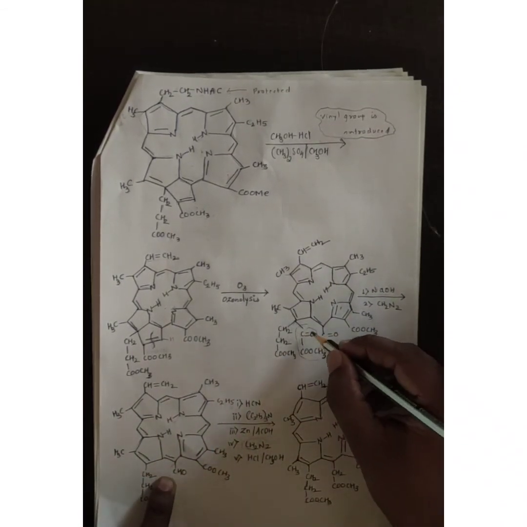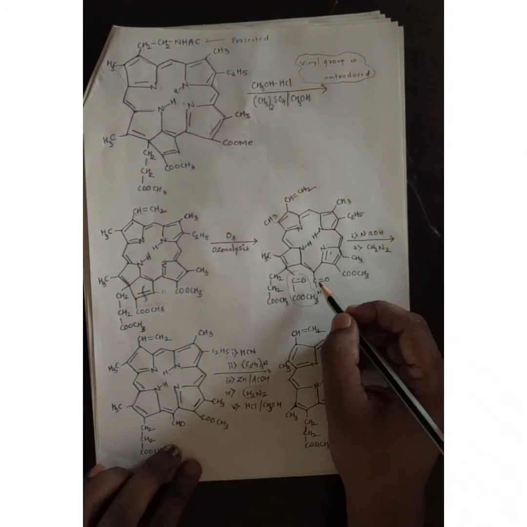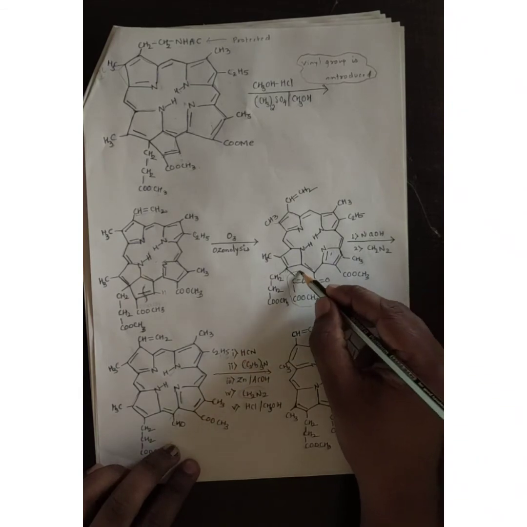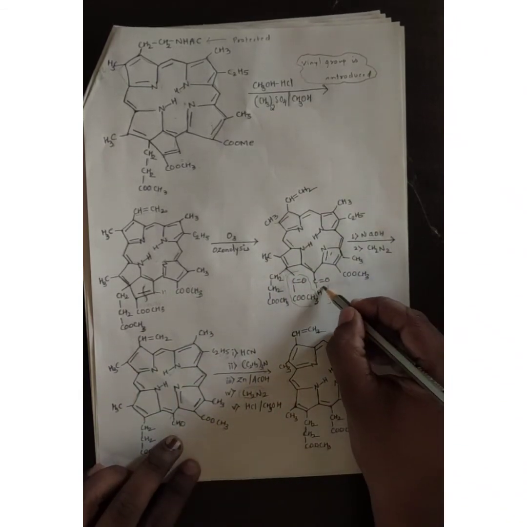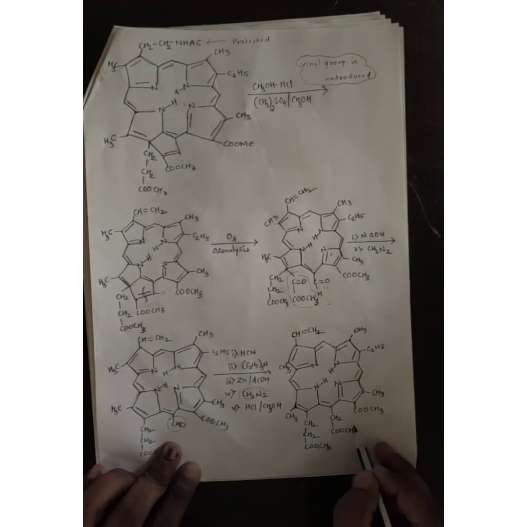Now further, when you treat with NaOH, only one group is removed. This group being unstable is removed from the structure, and other things remain the same. Now further, when we go to the next stage, you need to remember what change is happening in the structure. This is removed in this stage, and now here an aldehyde group is there. Now when I come from this stage to this stage, I have introduced a methyl group by treating with diazomethane, a methyl group and a COCH3 group. So this aldehyde group is getting converted to CH2COCH3. Now almost our structure has come. I just need to introduce one 5-membered ring and here a pyrrole group.